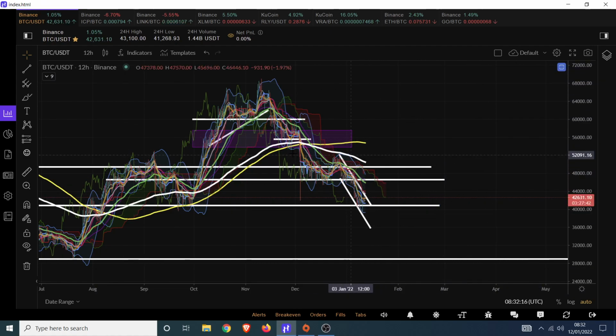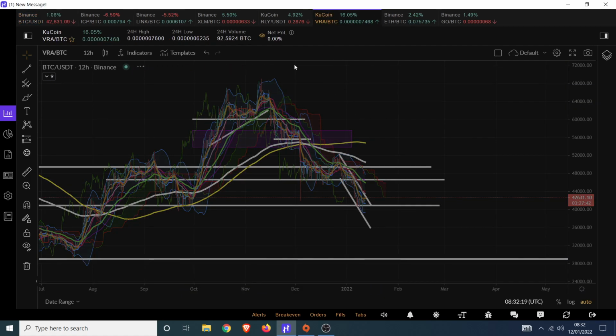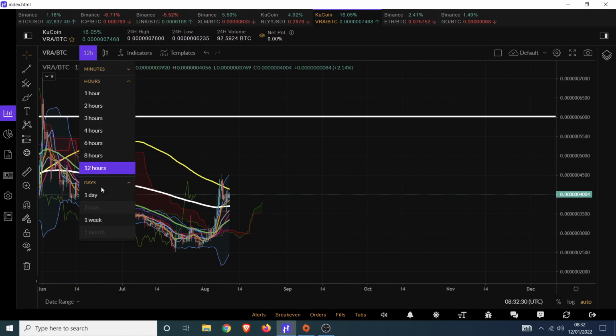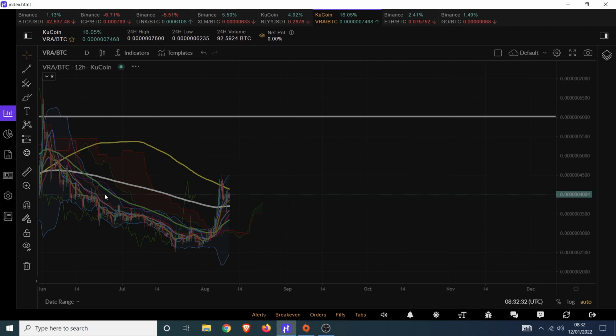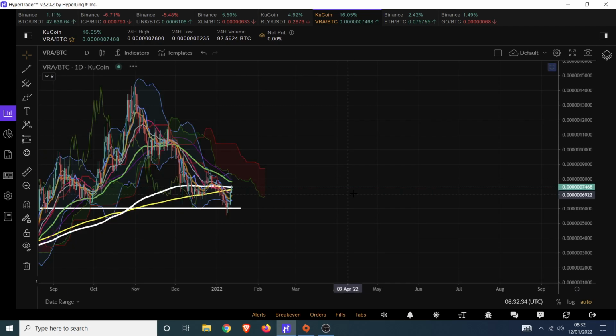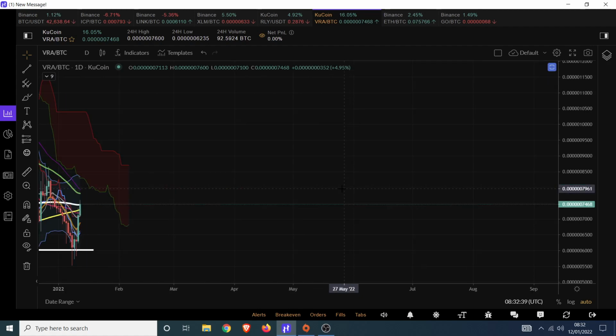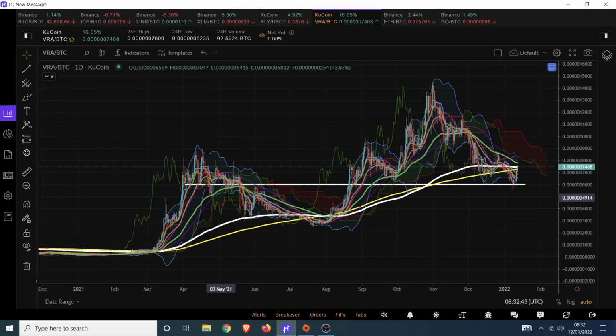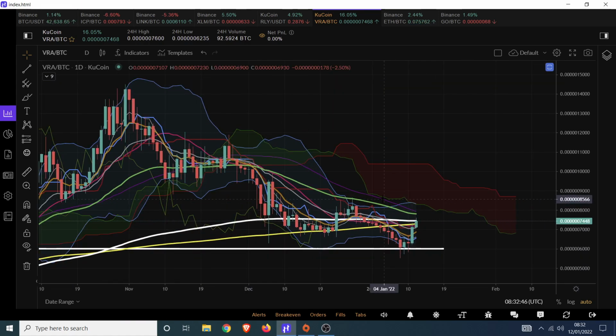Also, altcoins don't look too bad. We've already got an extremely good trade that took place the other day with VRA, one of the altcoins that I didn't mind talking about on the channel, picking this up at 6,000 sats. There are a lot of other altcoins that I don't really want to talk about because there is risk there. I don't want people to take on unnecessary risk because they think I'm doing it, and because I've done it, it's a definite win. If there's something I feel is worth talking about, I'll talk about it. And this VRA trade was definitely worth sharing, why I'm doing it and what my entry point is.